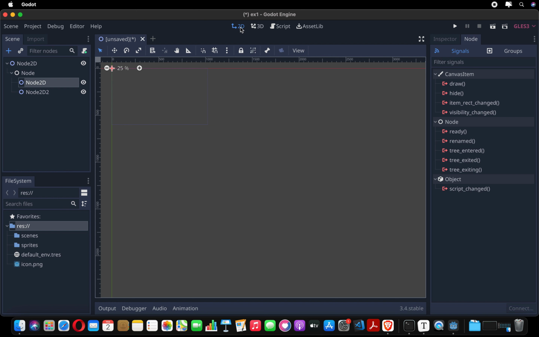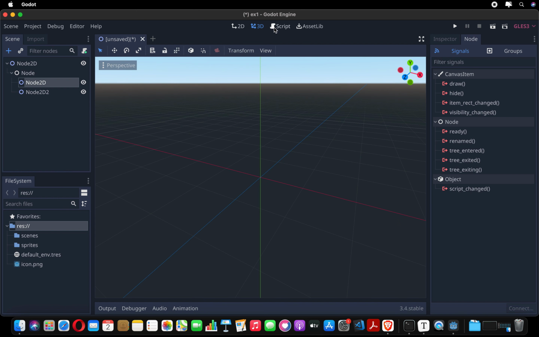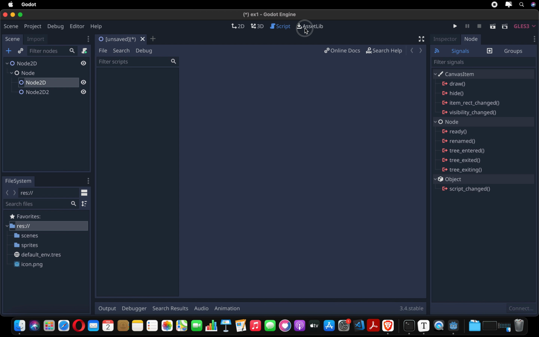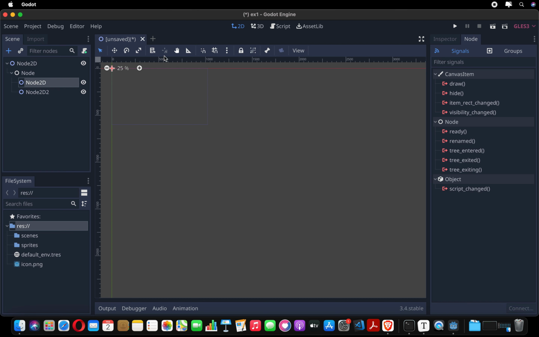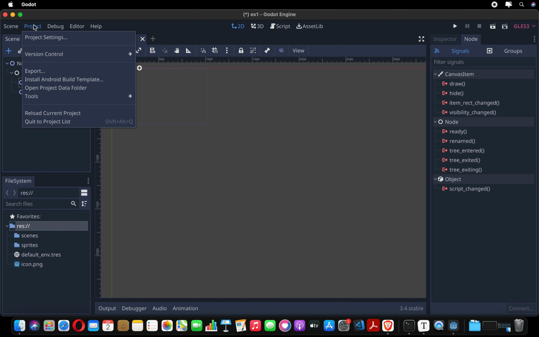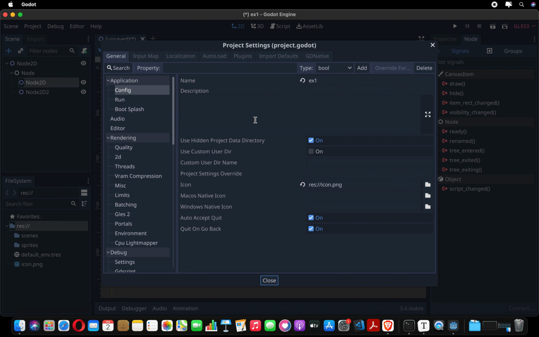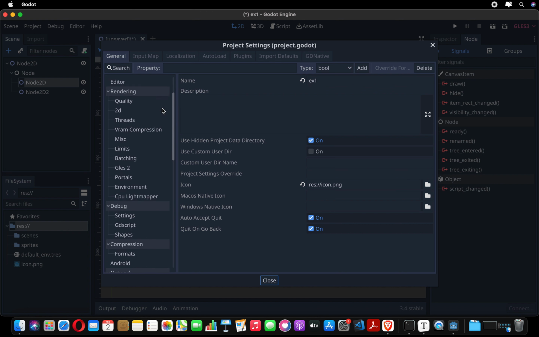Here we can select from 2D and 3D scene. And here we can select our scripts, and here we can see the Godot asset library. Here we can see the project settings. We can set the project settings from here,